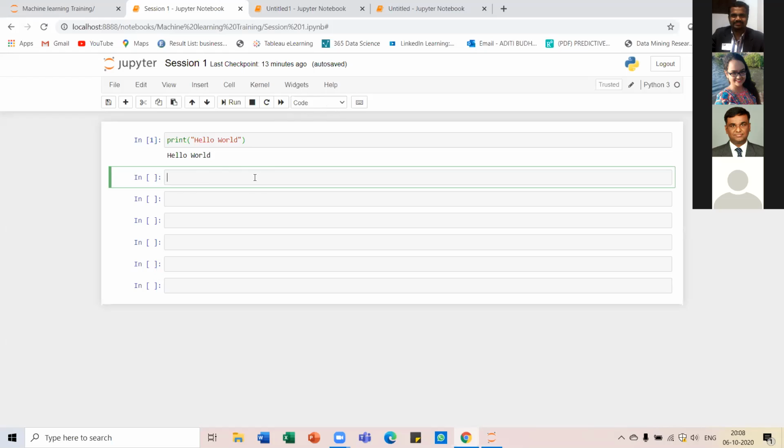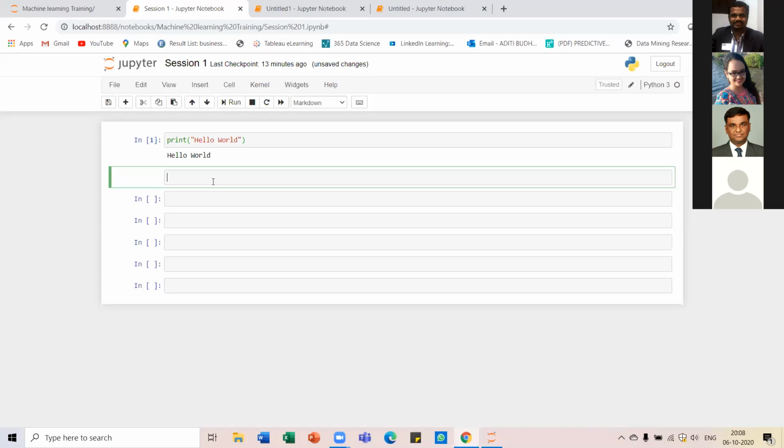So for code it is the default, but you can open the drop down and you can see Markdown is there. Just click it, and now this cell has been converted into a markdown cell. So you can add your notes over here, the description about the code.